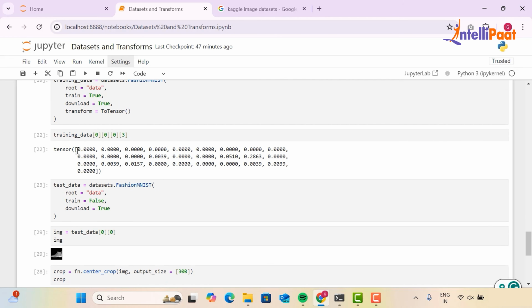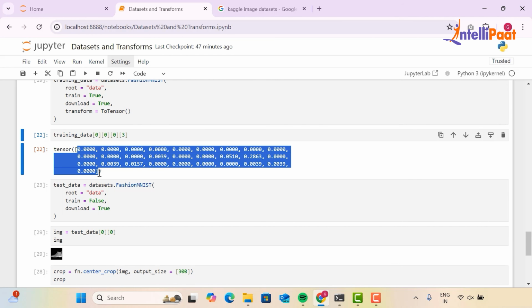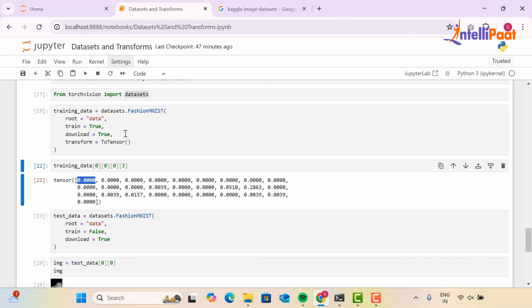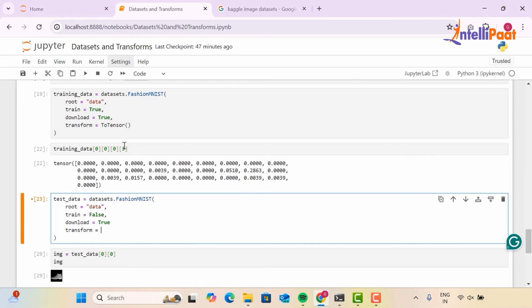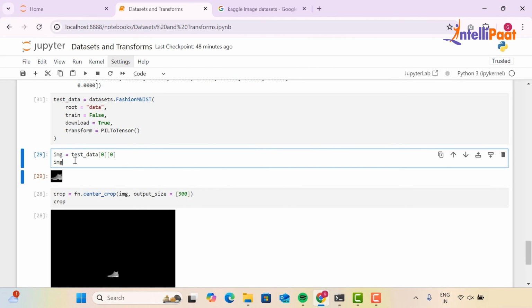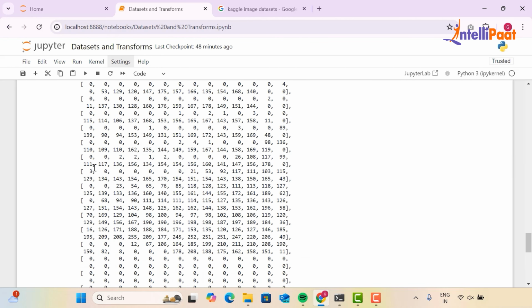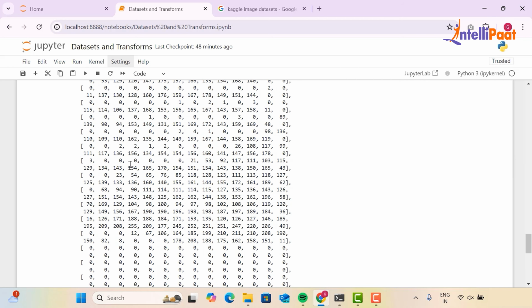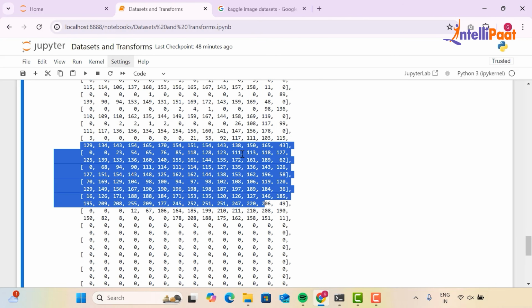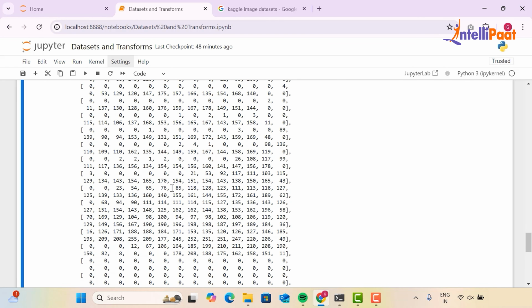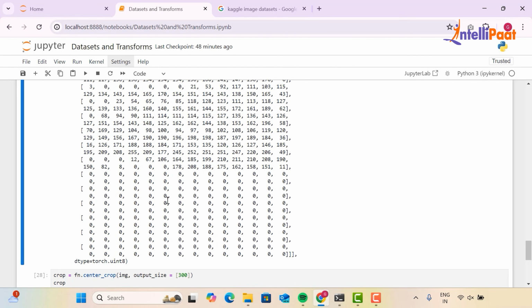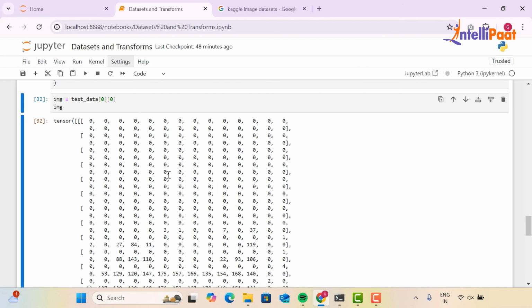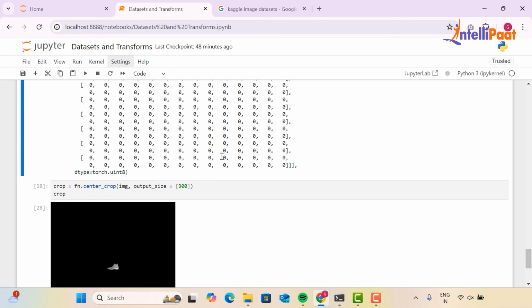So we saw how our tensors would look if we converted them to float tensor images. Now what about integer tensor images? Let's give the transform as PILToTensor, and let's try and print it. As you can see, this is how our tensor looks when it's converted to integer format using PILToTensor. You can see values ranging from 0 to say 180, 170, even 255, so there's a huge variation in our values as they depend on the maximum value of the data type.